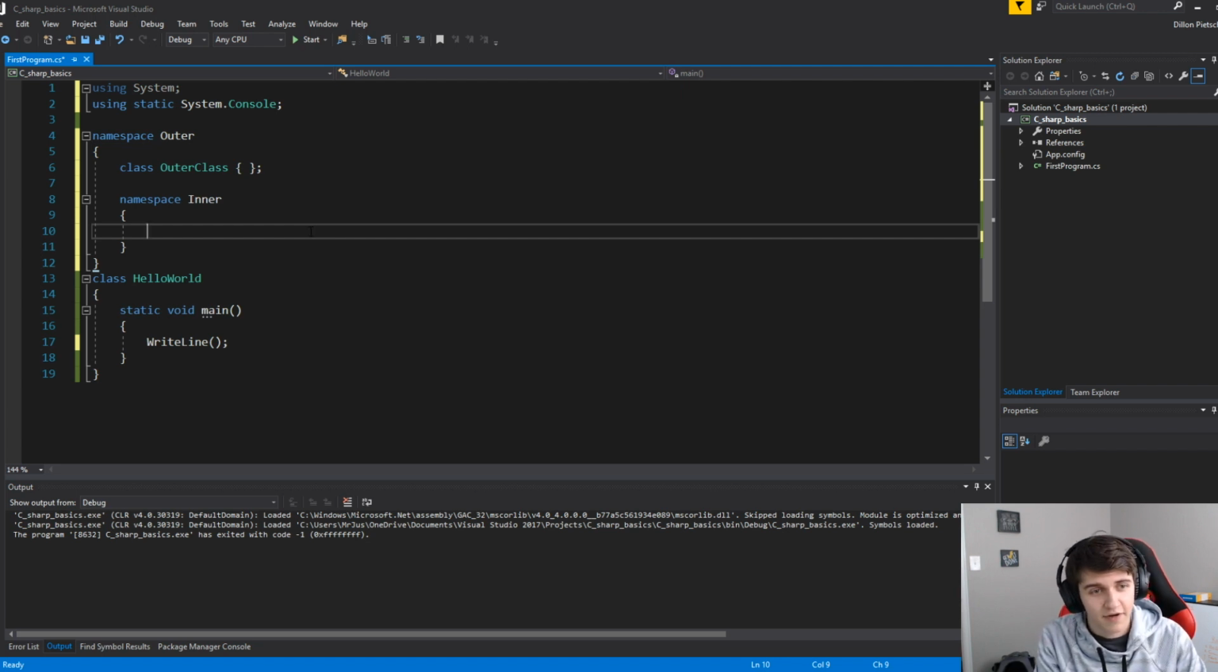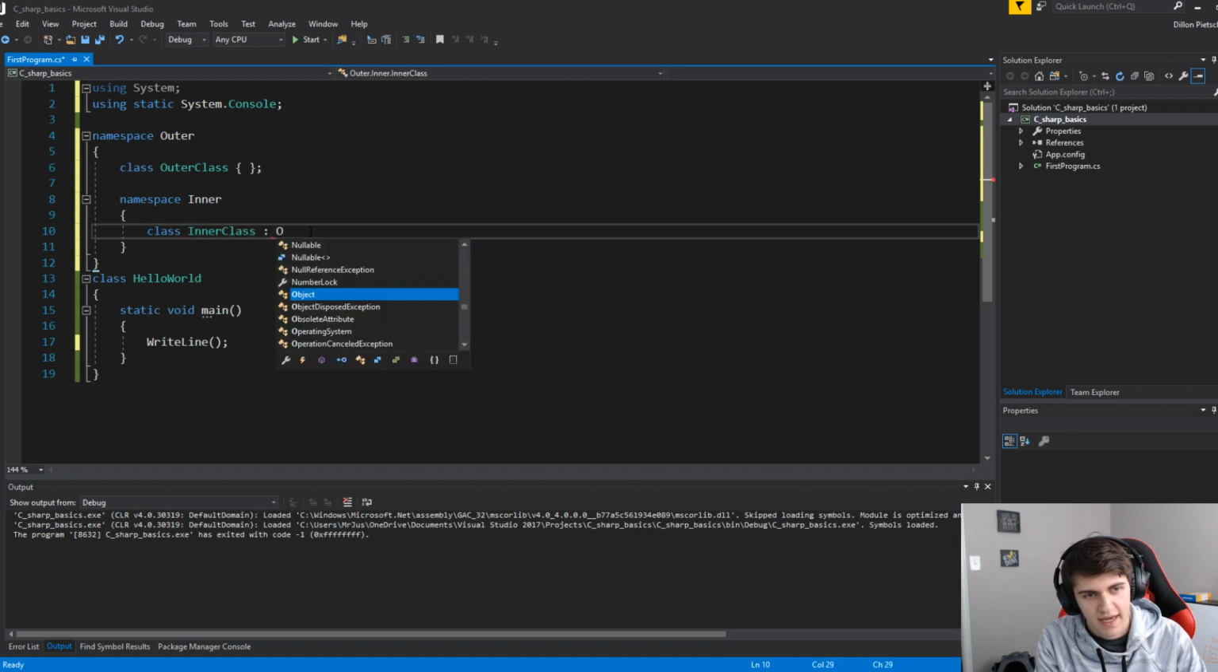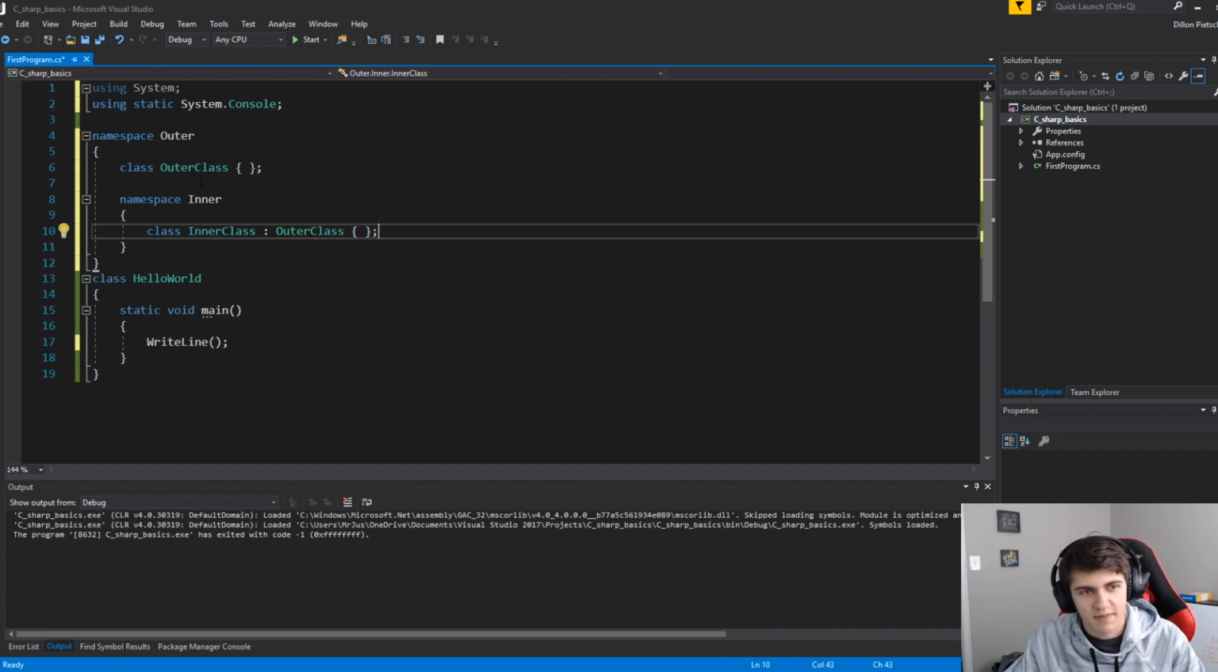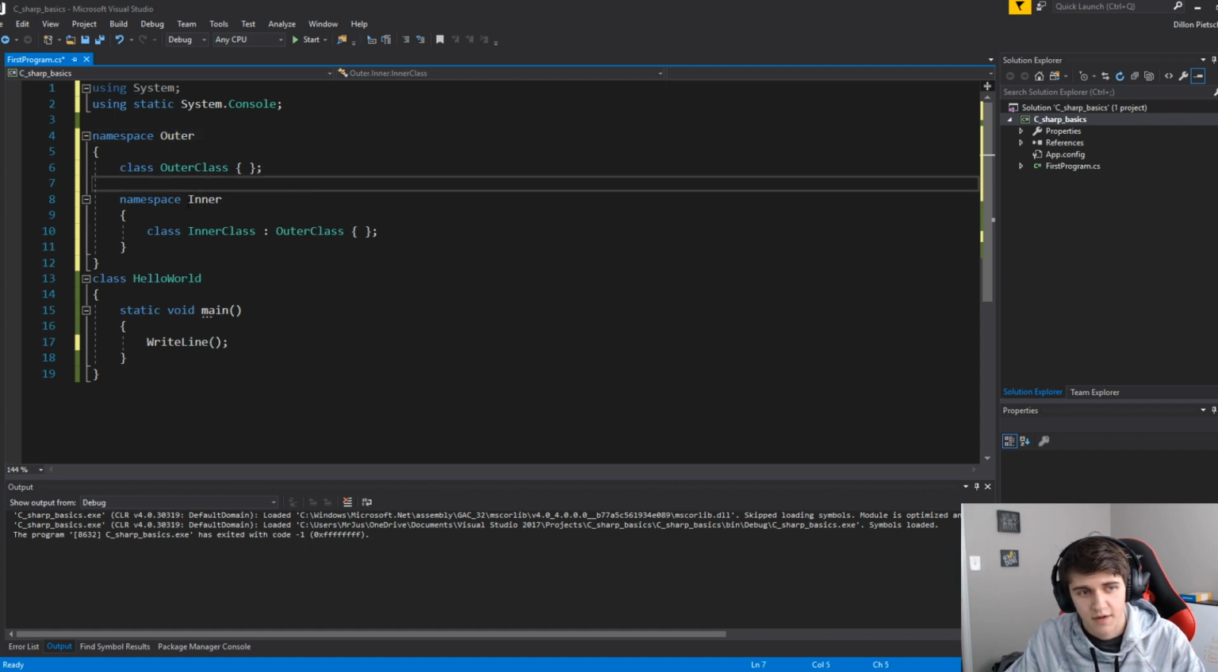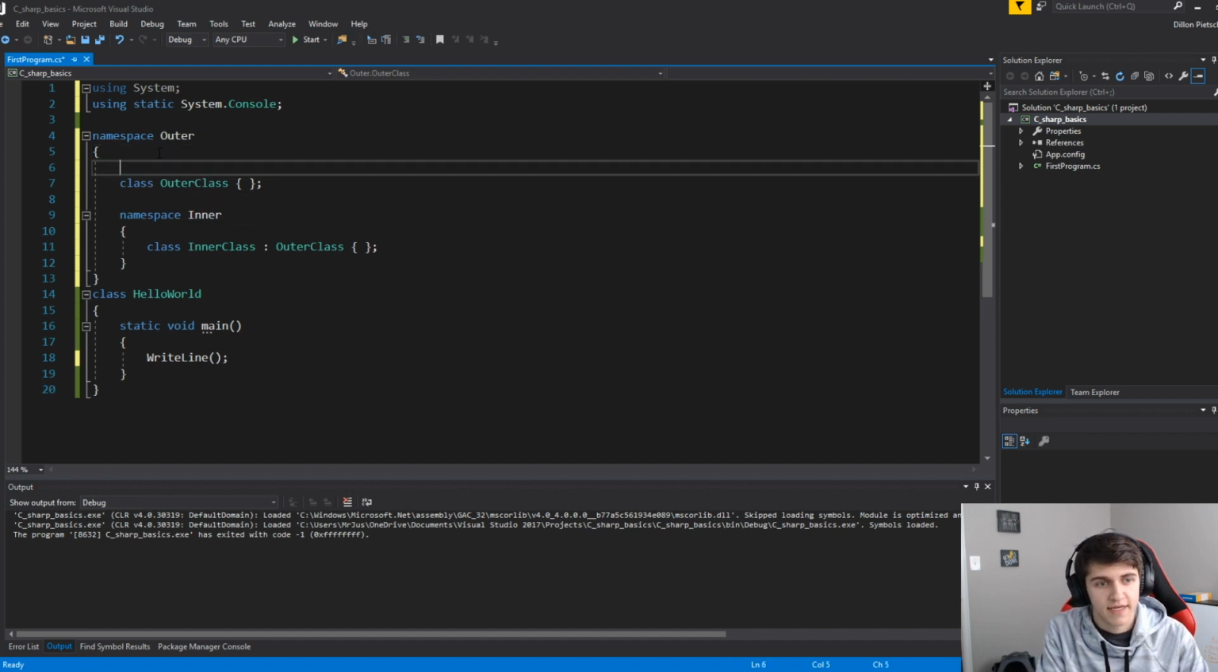Basically, the first thing that I want to show is that with an inner class, if you want to inherit that, we can just refer to this outer class directly. So we don't have to specify that this is technically in a different namespace because this inner namespace is nested within it. But if these namespaces were to be different,